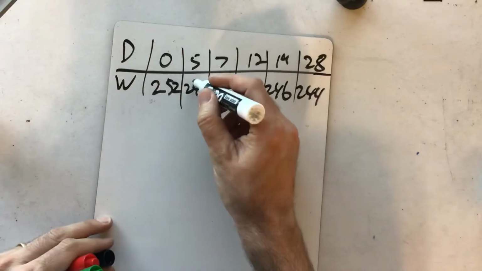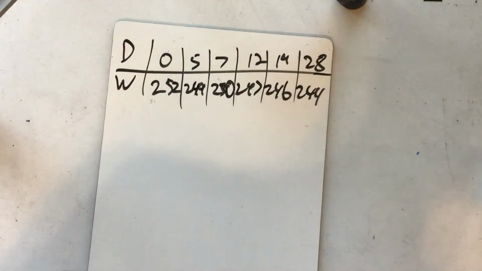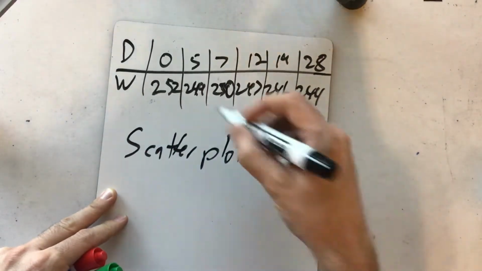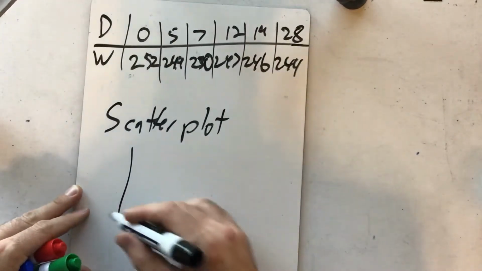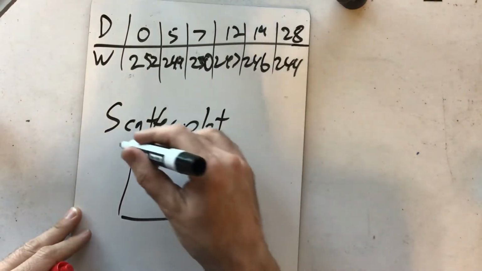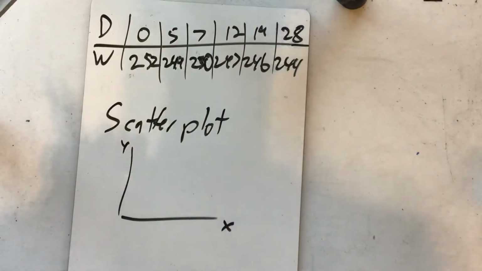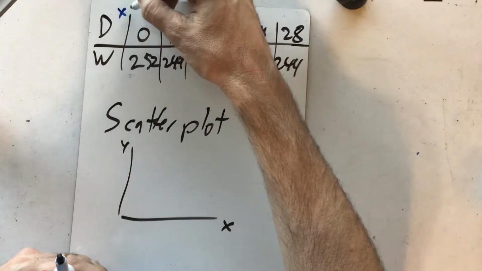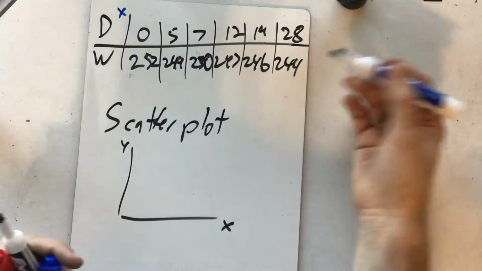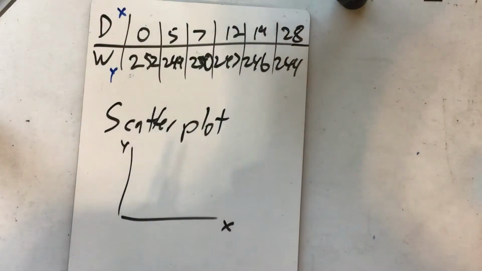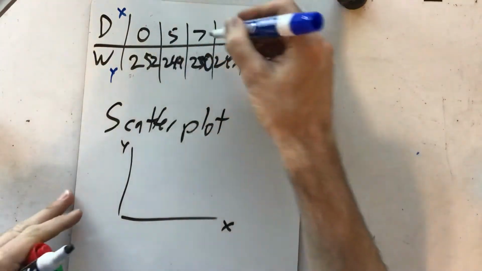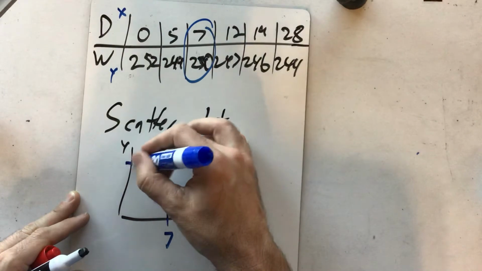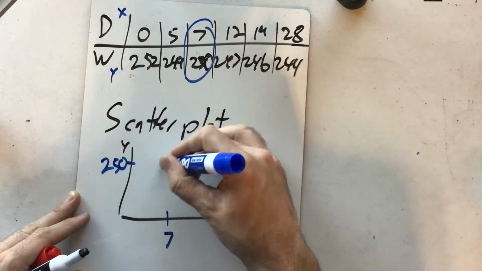And now our first goal is to create a scatter plot. And what is a scatter plot? Well, all a scatter plot is just taking all these numbers and putting them on an XY axis where this is X and this is Y. We need to assign one variable the X's, and for us I'm going to assign the D variables the X's, and then we're going to assign the weight variables the Y. So for this one right here, 750, I'm going to come over to 7 on my X, and up to 250 on my Y, and